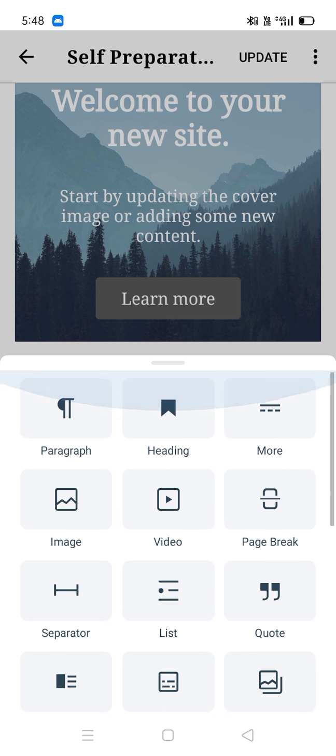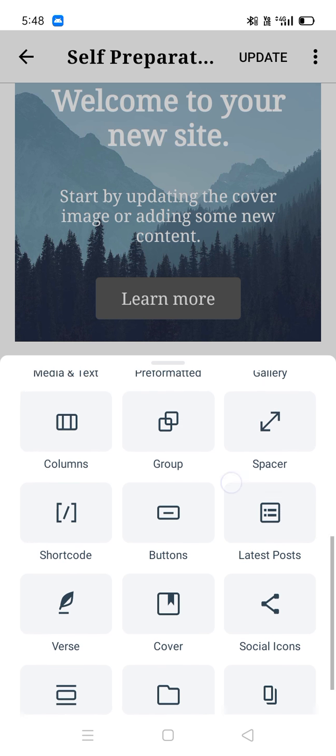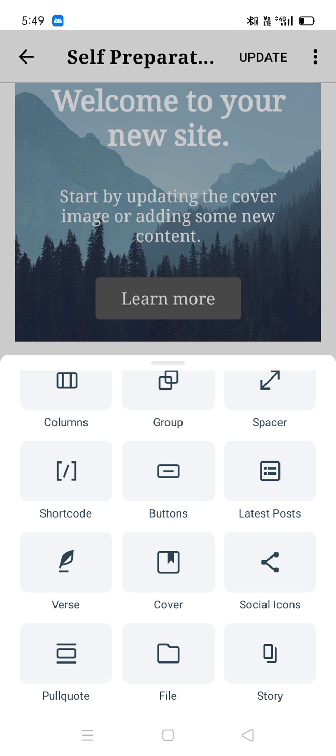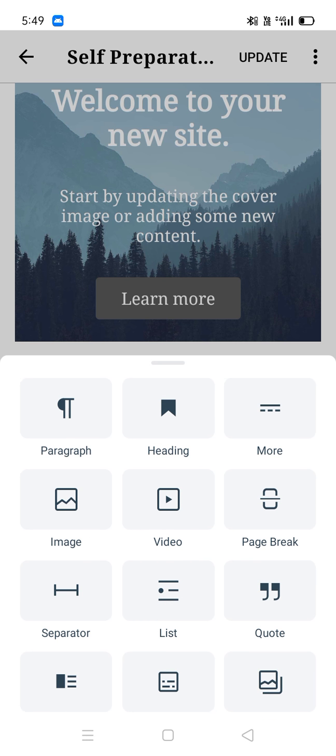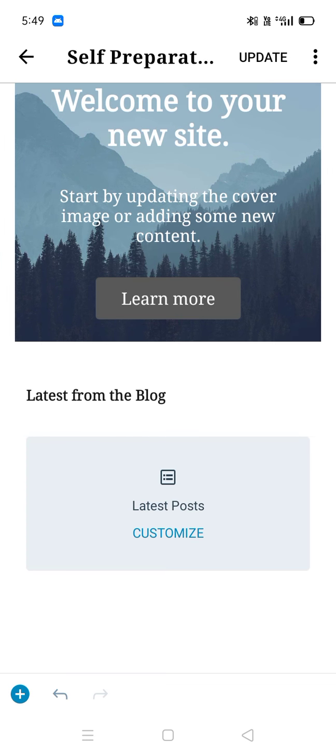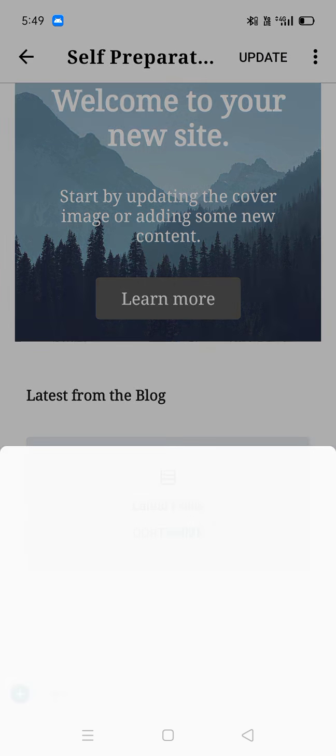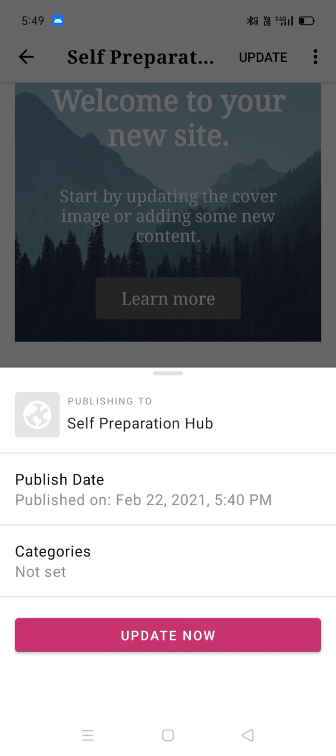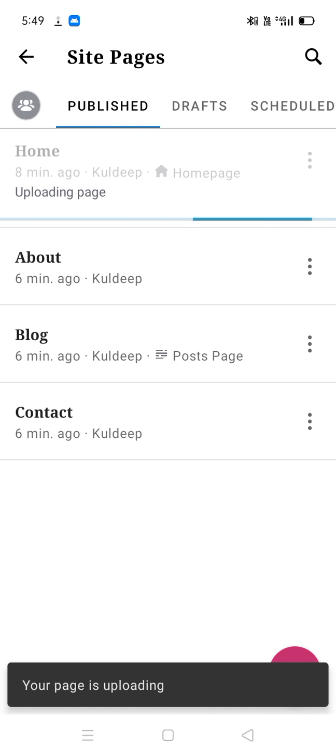If you are working with a laptop or desktop, you have a big chance to make a better website. Otherwise, almost 99% of the requirements are going to be covered from here. After making the changes, update this. Update.